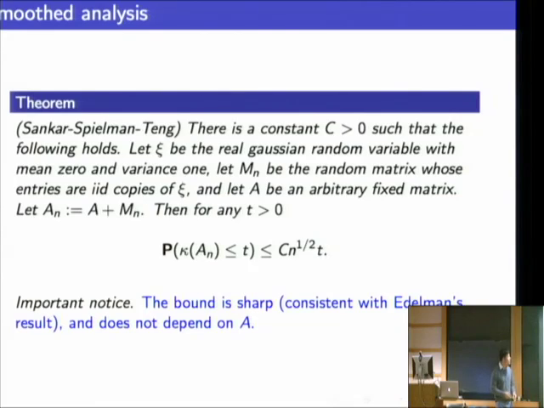Okay, so now let me jump to the Spielman-Teng analysis when A is not 0. So I will denote An by A plus Mn, which is the core matrix plus the perturbation, the noise. Okay. So what they prove also together with Sankar is the following. Assume the noise to be Gaussian, and then look at this perturbed matrix. Then the probability that